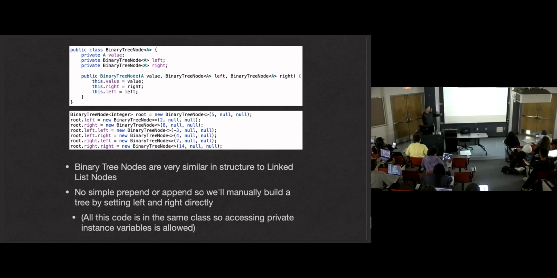And I kind of mangled it a little bit for the slide, but this code is in a main method in the binary tree node class, which is why I can get away with .left, .right, even though they're private instance variables. In our actual code and the homework code and other examples, that's going to be root.setLeft, root.setRight, root.getRight.setRight of the new node. So we'll have to use those getters and setters when we're not in the same class.